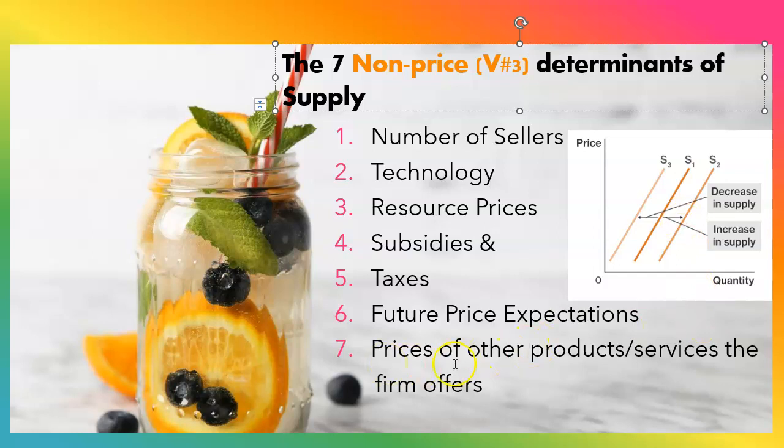Number 7 is the one that students miss the most, the one that they cannot remember or they don't know how it applies: prices of other products or services the firm offers. We are saying you are a company that produces more than one product. Like you could be Toyota, you produce cars, and you also produce a motorcycle. How do you decide how many cars and how many motorcycles? Well, look, if the